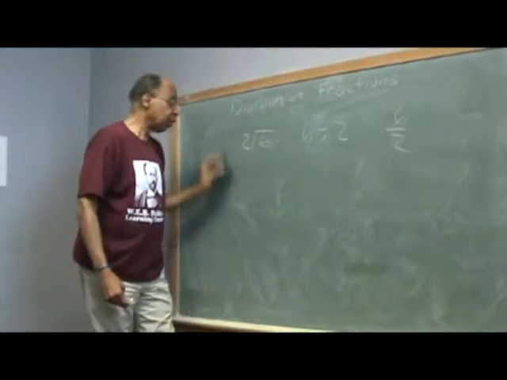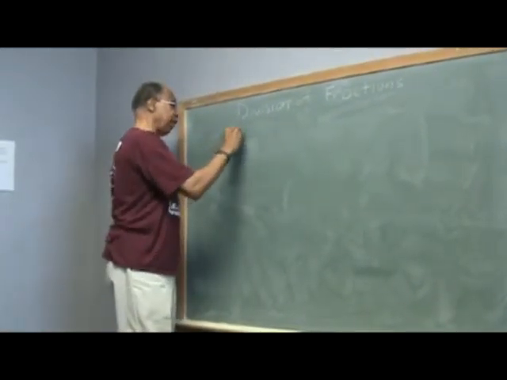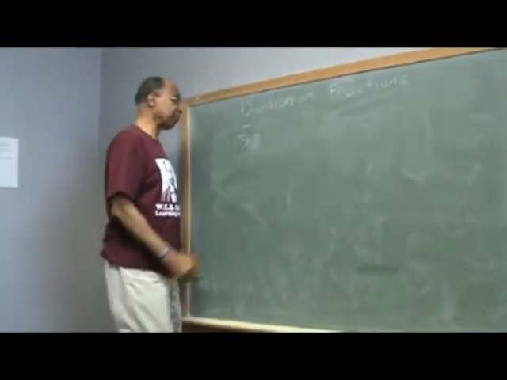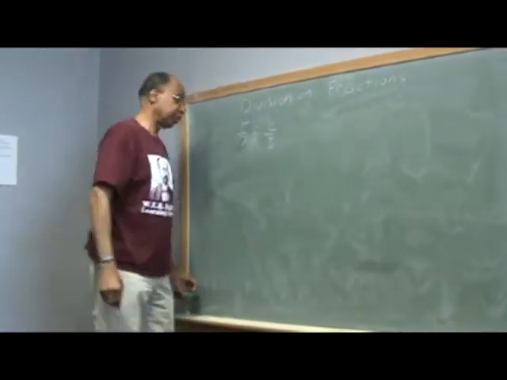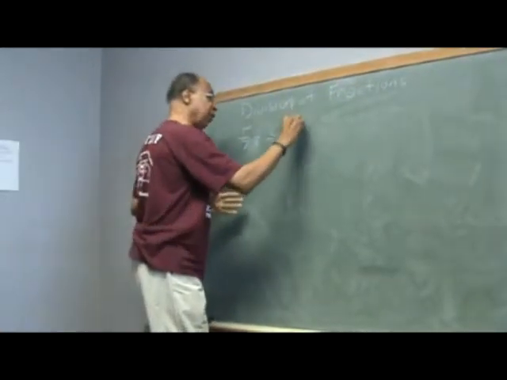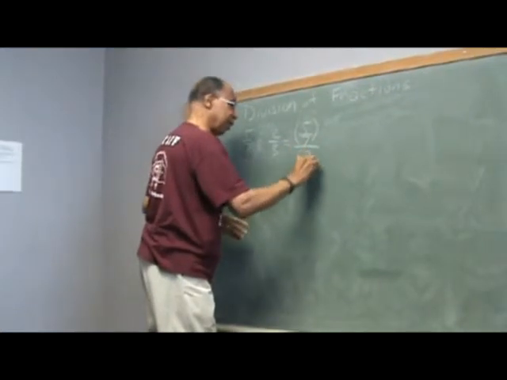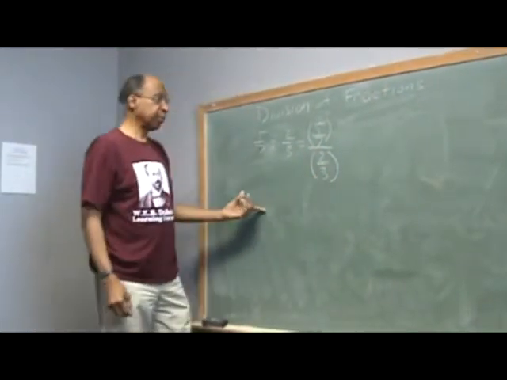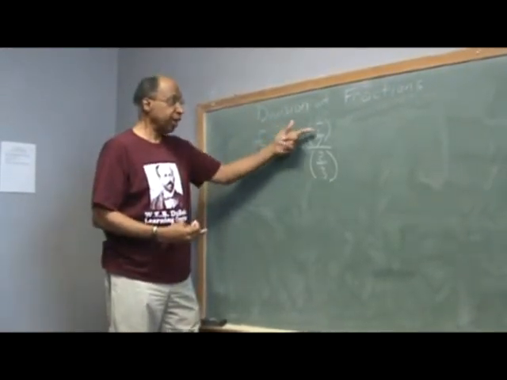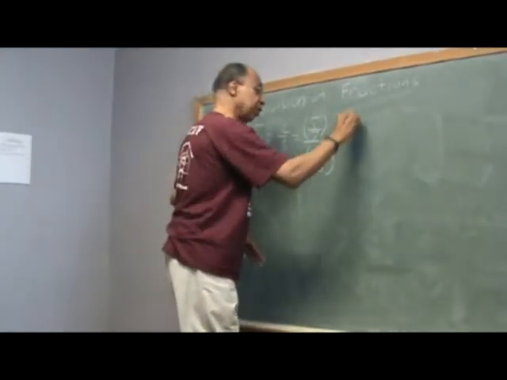Okay, now, let's try some division of fractions. Let's suppose I have 5/7, and I want to divide that by 2/3. The first thing we're going to do is rewrite this in another form: 5/7 divided by 2/3. Now, what do we want to do? We want to get a 1 in our denominator. So the question becomes,